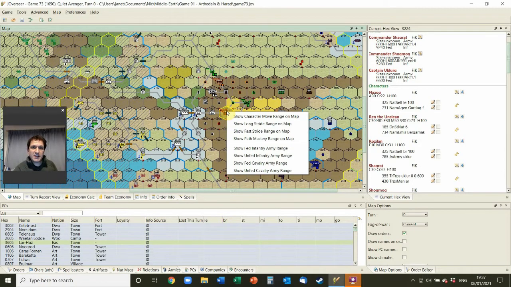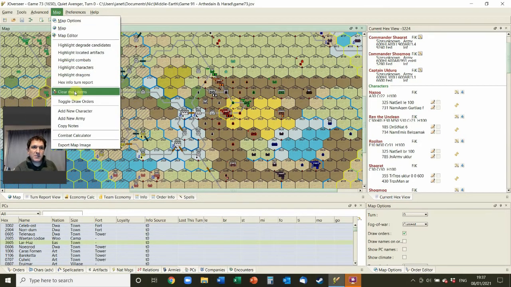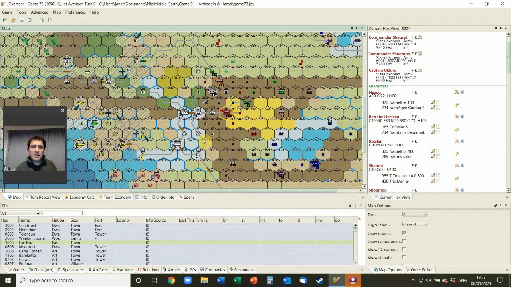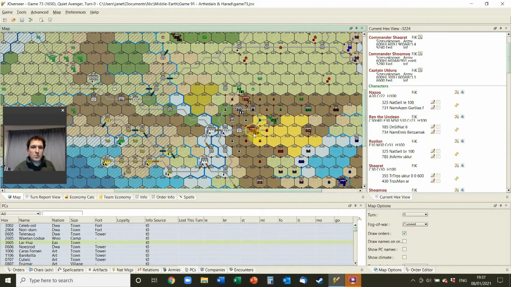If they had the magic spell Long Stride, they could go a little bit further, so we'll do that. And that would move them a little bit further there. I'll just clear those map items there. But that can be really useful sometimes. And if there's somewhere you're wanting to move to and you can't get there in one turn,